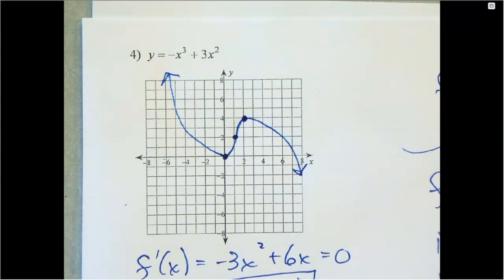So first of all, questions on what I did there? What I want to make sure of is you understand how I grade these. There is no way to tell whether this shape is how I drew it. Maybe it's like this, or maybe it's like this. You can't tell. I can't mark any of those wrong. It's pretty hard to do something different in here because there's not that much room. But this could go a little steeper. It could go a little flatter. This might go like that. This might go way over there. It might do what I did. I can't mark any of those wrong as long as you have the proper shape in each one of those